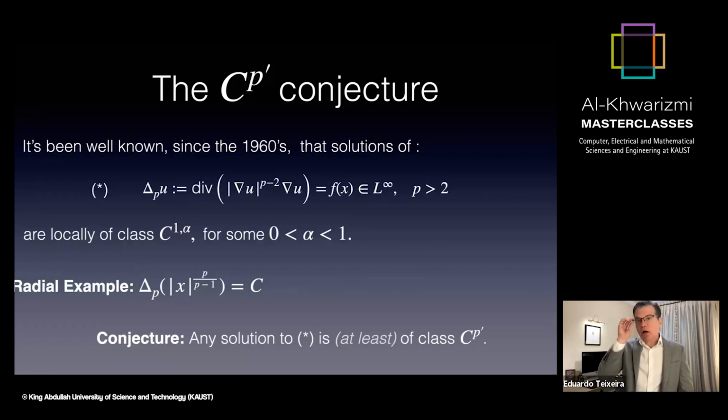And this is the conjecture. What this conjecture is saying is kind of counterintuitive in a way, because it says that among all possible functions whose P-Laplacian is bounded, this naive-looking radially symmetric function is the worst one. So this is as rough as it gets. All the other functions will be at least as smooth as this one. Okay,